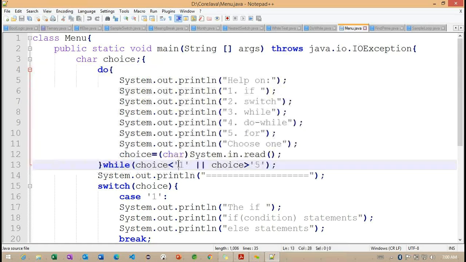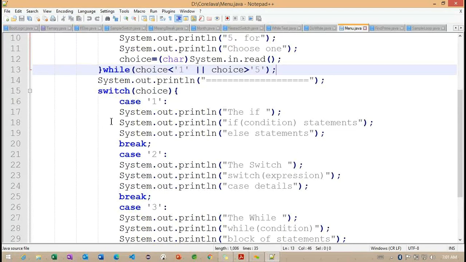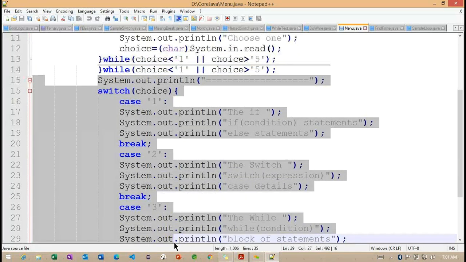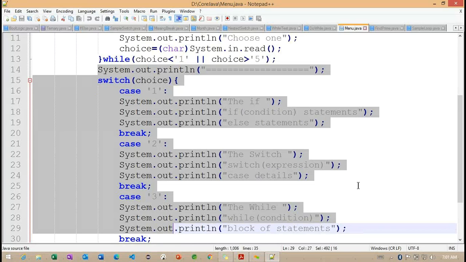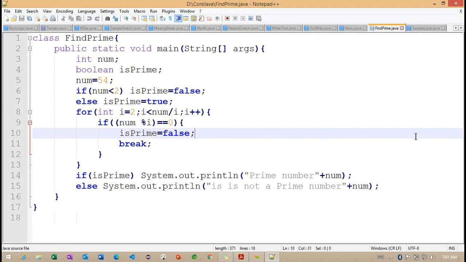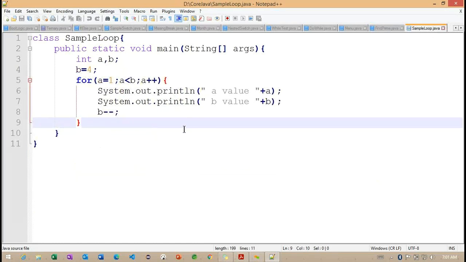If I'm not providing a value between these two numbers, this condition is going to return false. Whenever the condition returns false, we enter into this switch case and execute the switch case information. So finally, we identified one prime example as well as one sample loop-related example we implemented here.